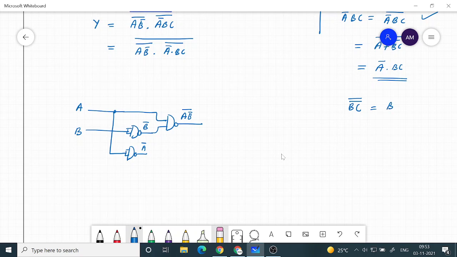Is equal to (B bar plus C bar) the whole bar, which I will write as B into, okay, that won't be useful.